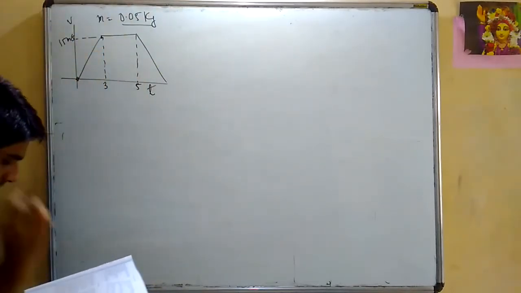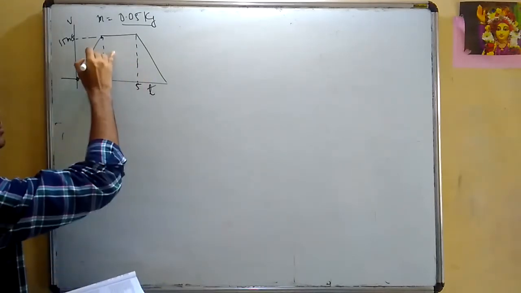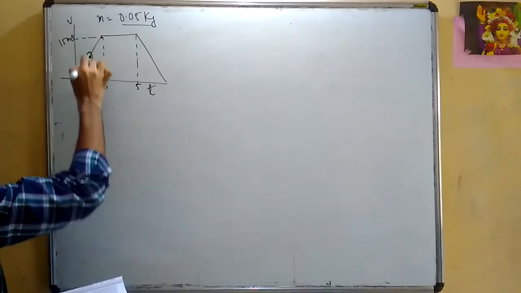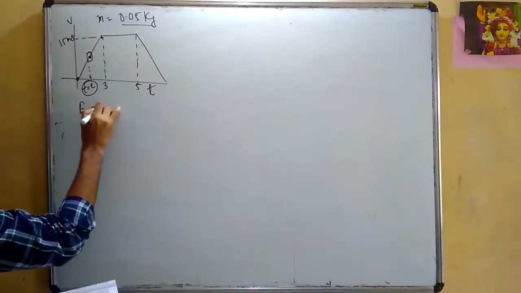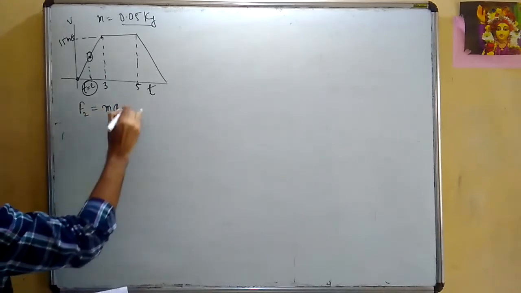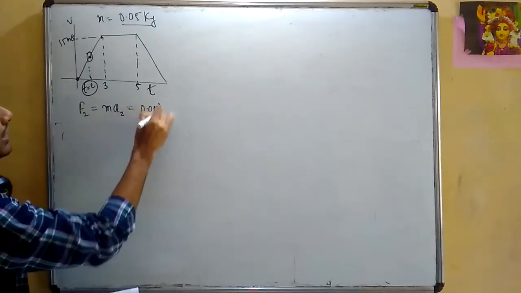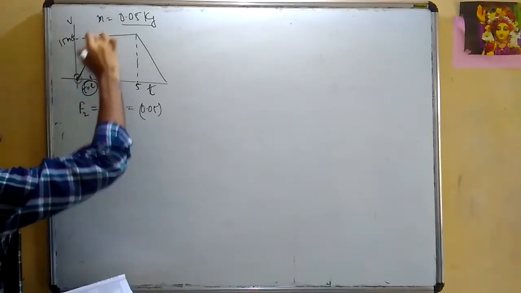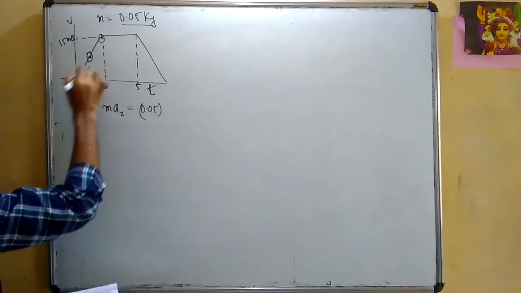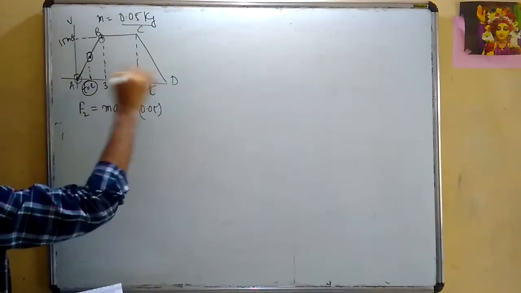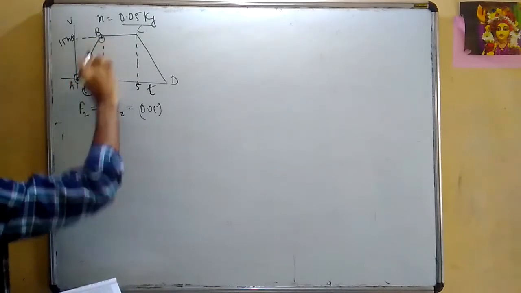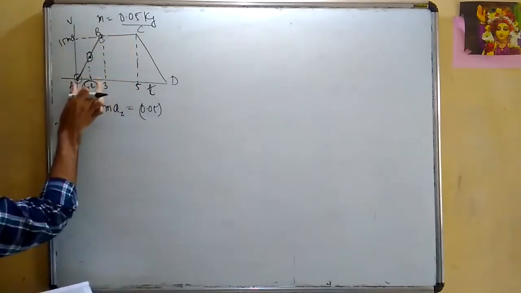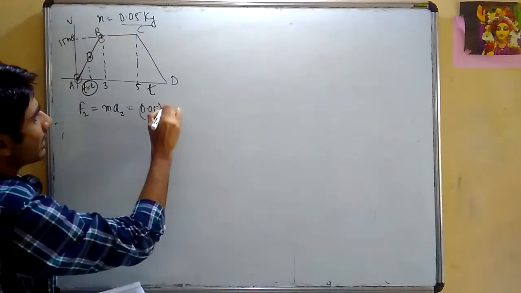So, I have to find the force acting on the particle at t equal to 2 seconds. Suppose here is t equal to 2 seconds. I am supposed to find the force acting on the particle at 2 seconds. That is mass into acceleration at 2 seconds. So mass is 0.05, and what is the acceleration at this point? See, from this point to this point, from point A to B, acceleration is constant. And what is the value of this acceleration? Slope of this, that is this by this. This by this is 15 and this is 3. 15 by 3 is 5.